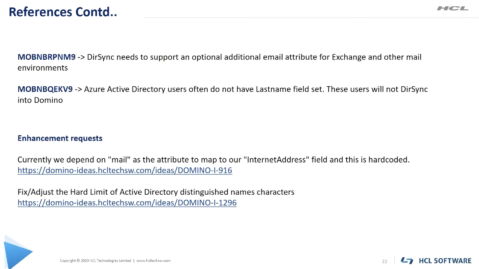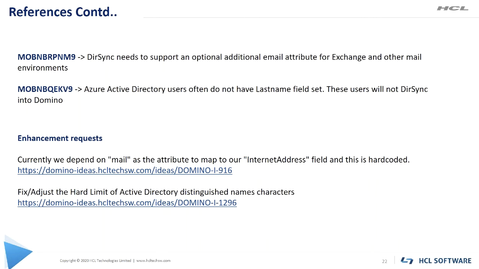As we discussed earlier, DIRSync only supports mail as the attribute, which is mapped to internet address in Domino. But in some cases, customers don't have a value in the mail attribute on the AD side. Instead, the value is in another attribute like proxy address. This is not supported in the current version of Domino.